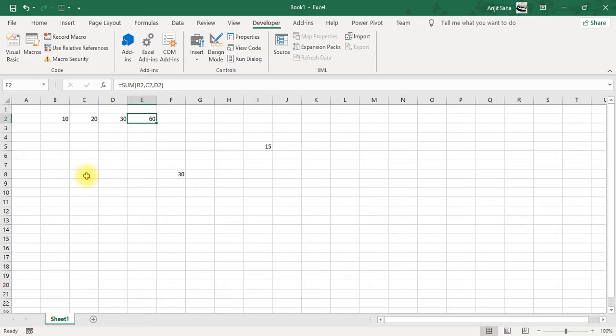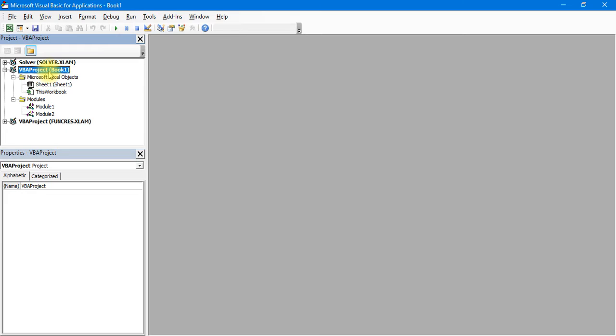A function may have lots of parameters or lots of arguments, like the function sum. Functions like product, functions like average, they can take lots of arguments or lots of parameters at the same time. So let us now learn in VBA how can we create a function that will have parameters in it.